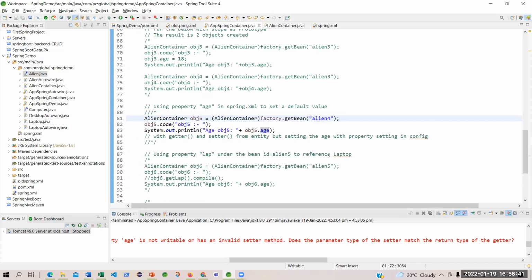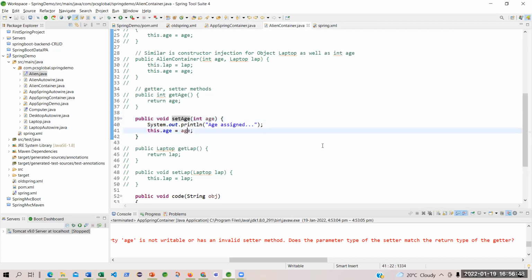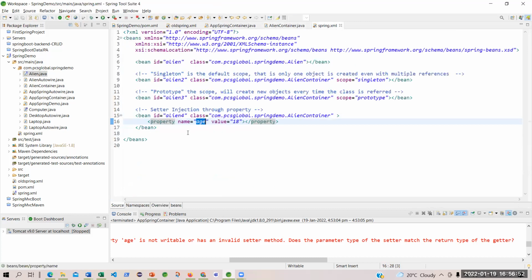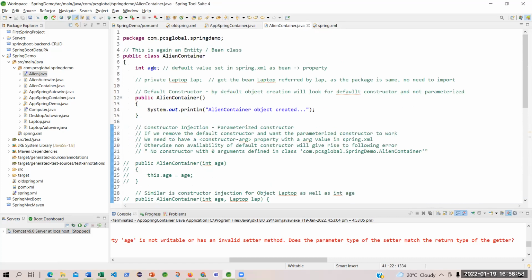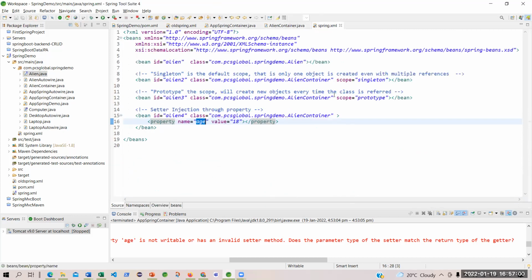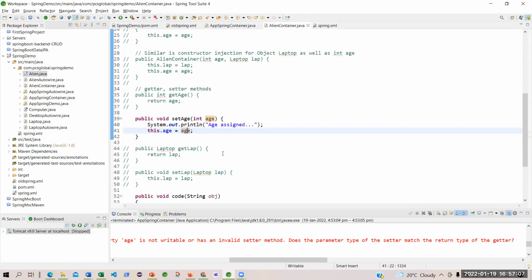I say that, okay, I have made the setter on, I have set this age because the age has been given to me from the property. So the property value now is 18 because it has been set by the configuration file. Fine. But how will I do it in the entity bean? I cannot do it without the setter.